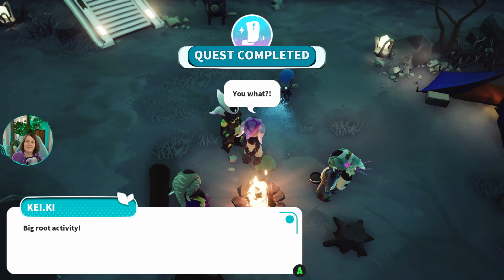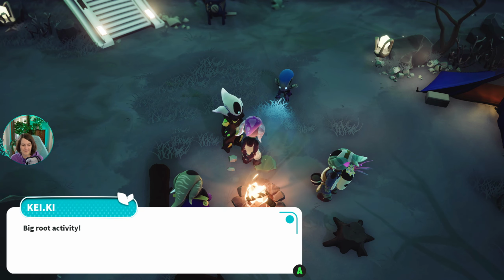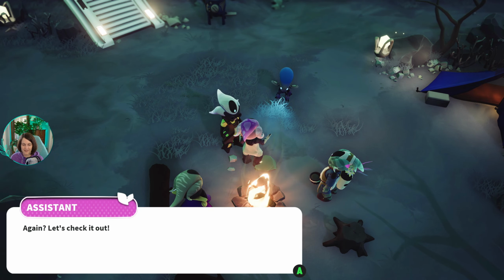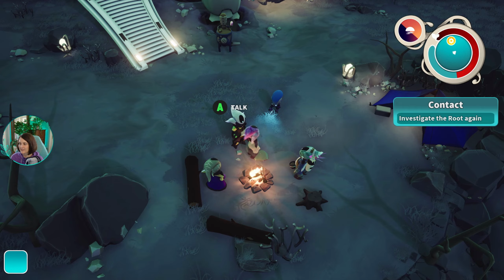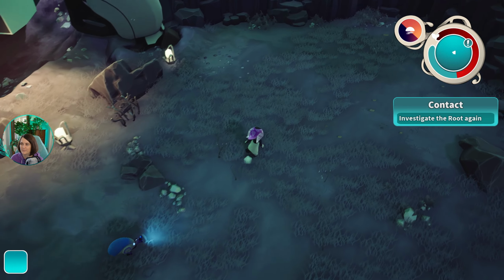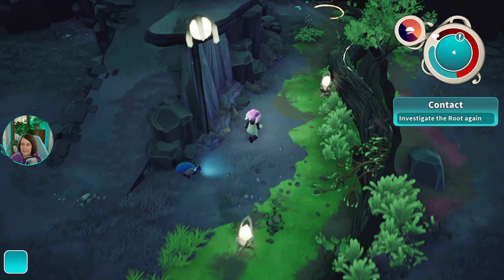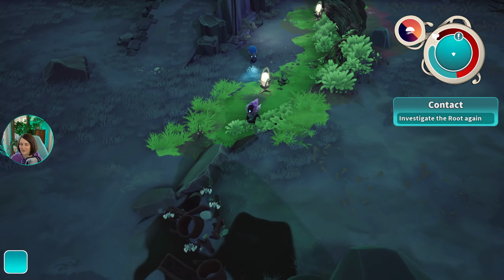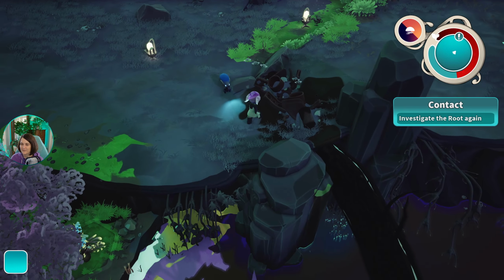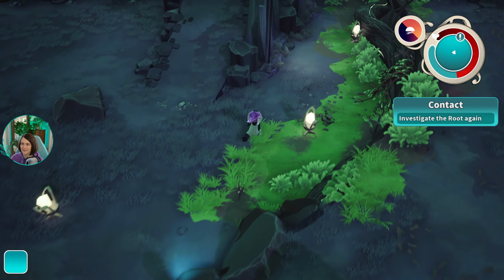See what I mean about the jokes that are intertwined in this story here? Big root activity. Again, let's check it out. Investigate the root again. Oh, remember last time we found this big root over here and it was growing, but it needed a little more help, and now it's more green. But we don't know how to remove this trash yet. That is a later skill to learn, but...